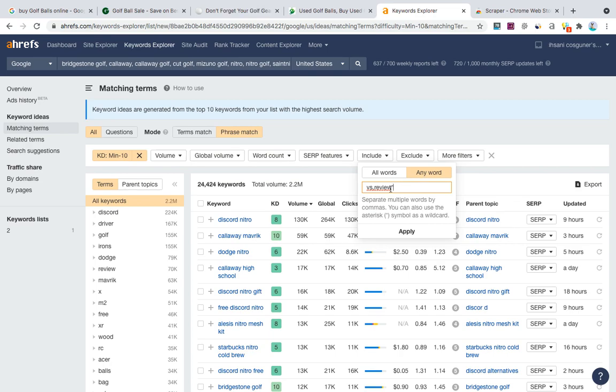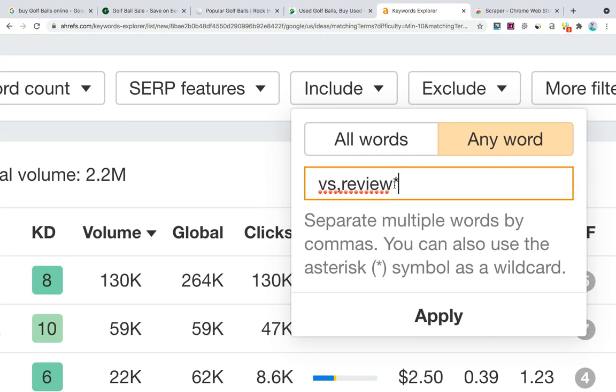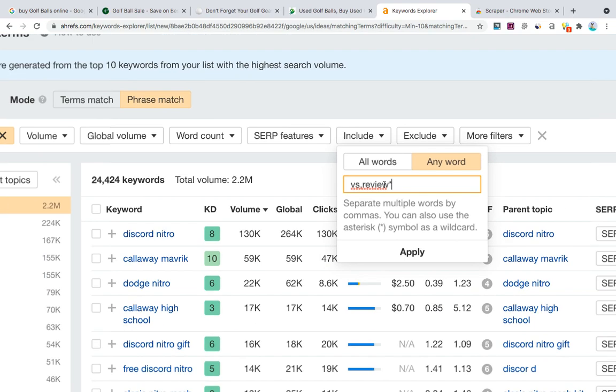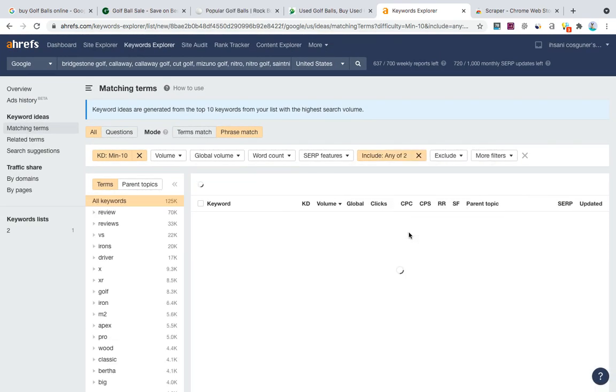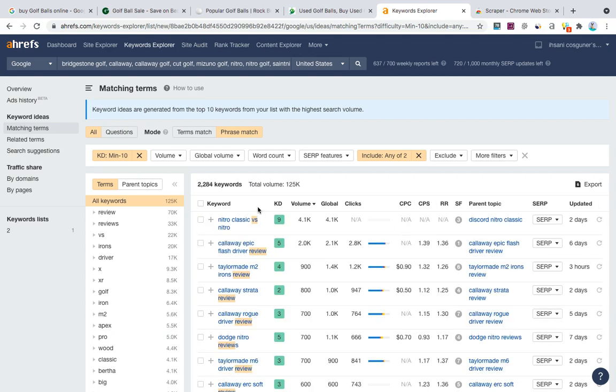By the star mark, because by putting this, it will find all the keywords with review, reviews, reviewing, etc. Now click on apply. Now we got a list of 2000 plus keywords.